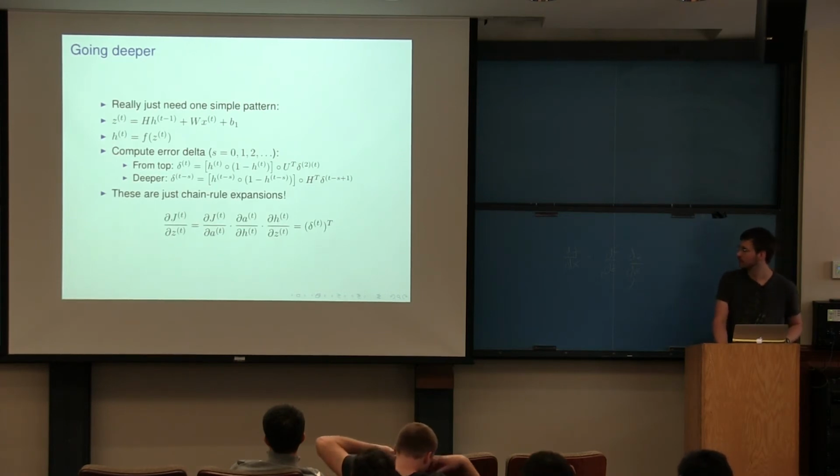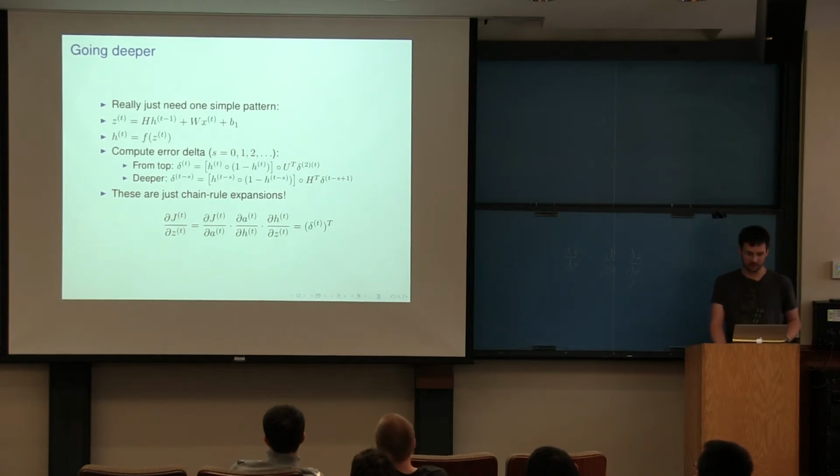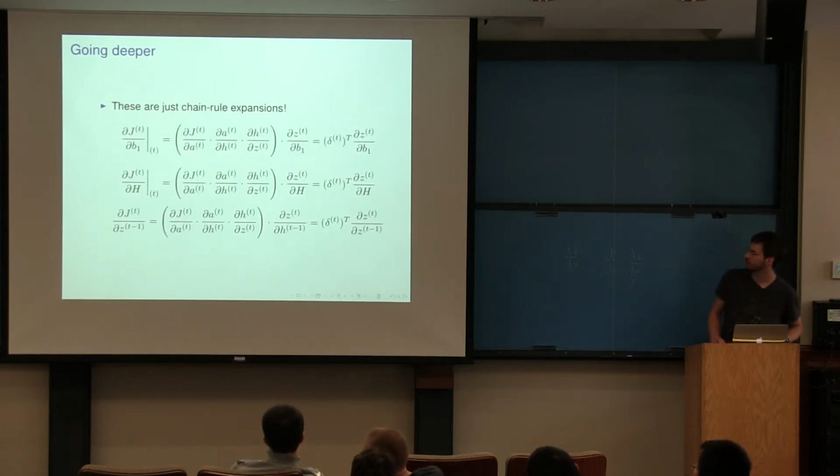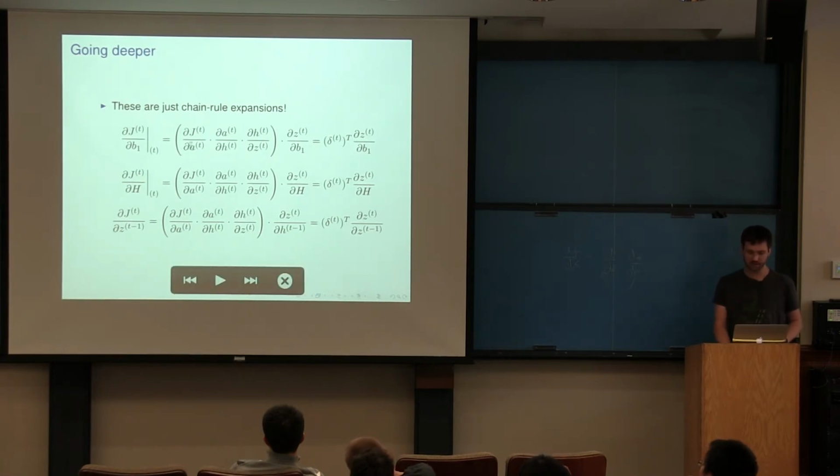So really, these are just taking the chain rule. And if you were to write out the chain rule for the actual parameters that you're interested in, you can see that you get these expressions that have some common prefix. And so you go to this first affine, through the matrix, then through the nonlinearity,